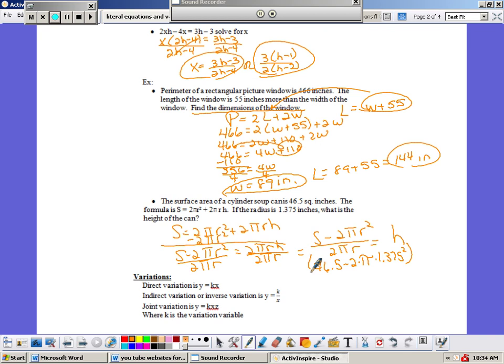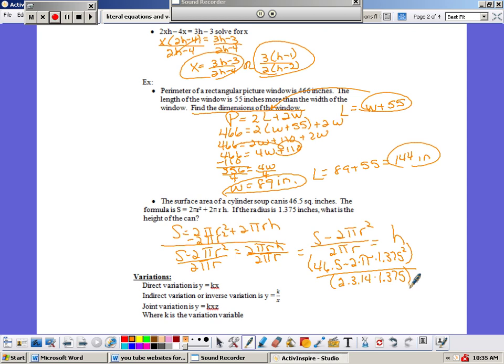Don't forget to put parentheses around the top if we're using a calculator, due to the fact that it'll do order of operations and it'll divide before we want it to. So we need to put parentheses around the top to make the calculator divide in the order we want. Do the numerator, do the denominator, then divide. Parentheses 2 times 3.14 times 1.375. So the parentheses around the top and the bottom force the calculator to do the numerator first, then the denominator,